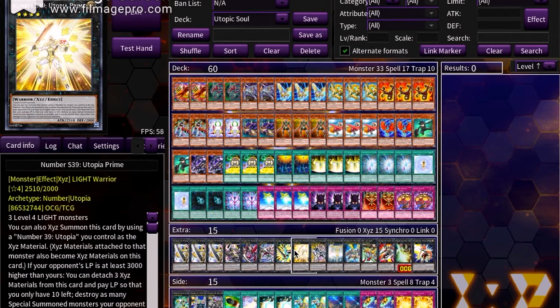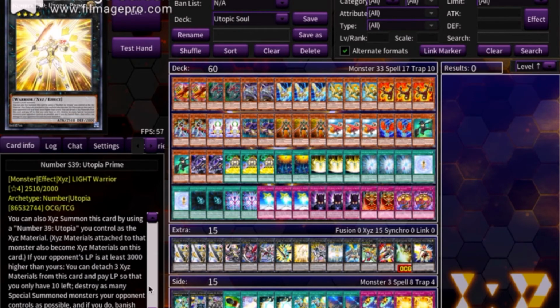If your opponent's life points are at least 3,000 higher than yours, you can detach 3 Xyz materials from this card and pay life points so that you have only 10 left, and destroy as many special summoned monsters your opponent controls as possible, and if you do, banish them, then inflict 300 points of damage to your opponent for each banished monster. So you would only do this if it has